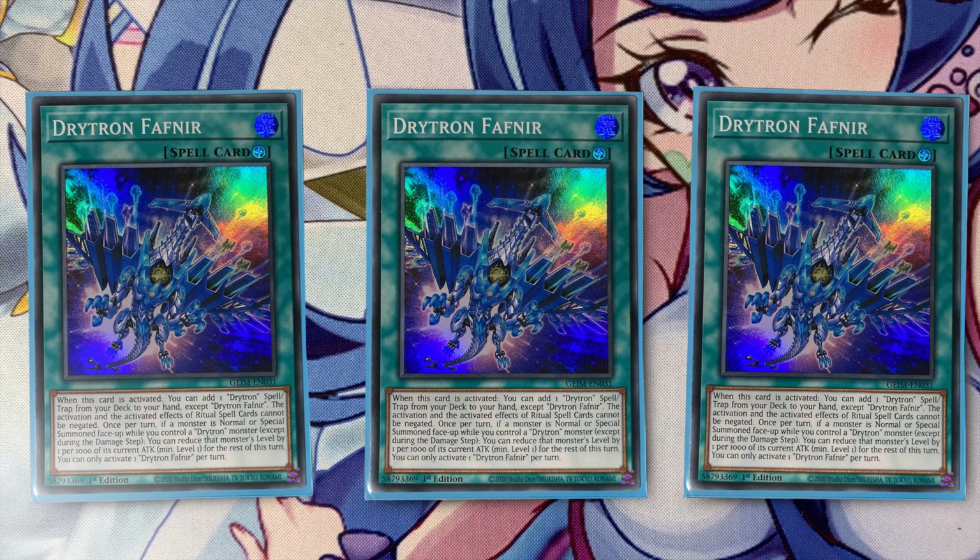3 copies of Drytron Fafnir. This is the field spell of the deck. When it's activated, you can add a Drytron spell and trap from your deck to your hand, and I'm so glad that it says trap as well, because the deck does have a counter trap that you can actually play 1 copy of in the deck to have even more disruption, and also protects your ritual spell cards from being negated, so it has like kind of a Meltdown effect, and it has a nice effect that can actually come